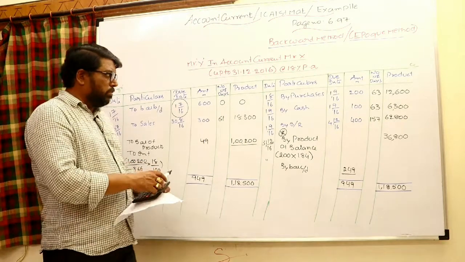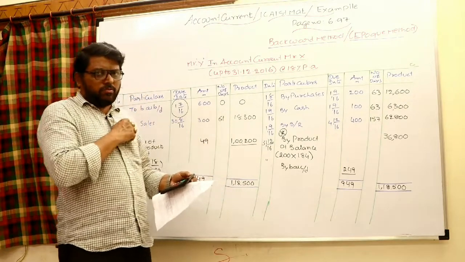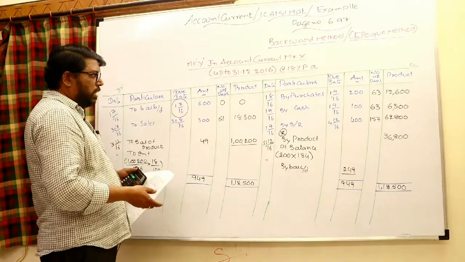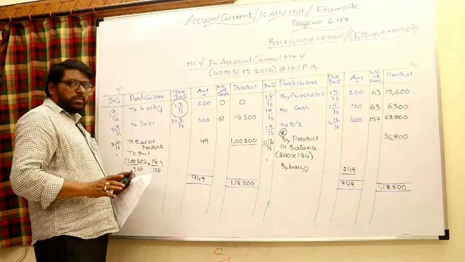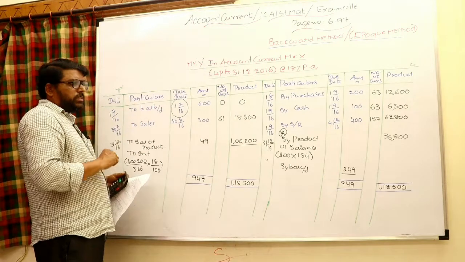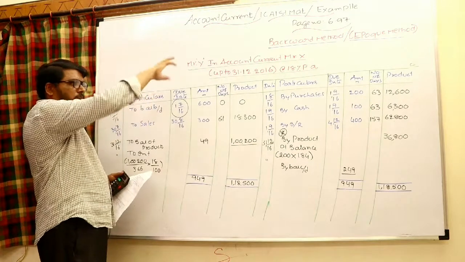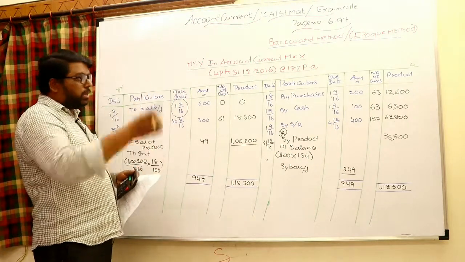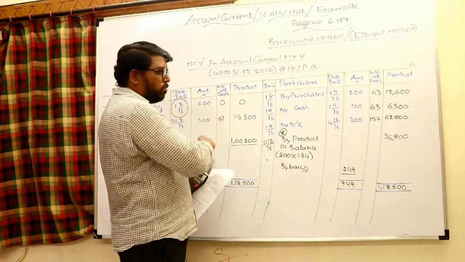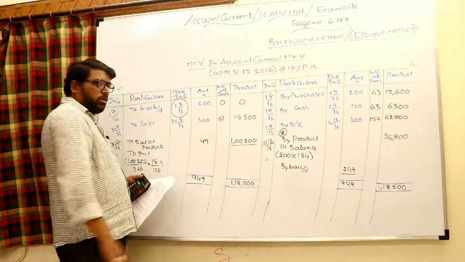Okay, so now this is the simple way to work this out. The forward method and the backward method are very much the same. Only in the backward method, the number of days is to be calculated from every due date to the opening balance due date. First point, because you are calculating up to the opening balance, that day also should be considered. Second point, at the end of the period, normally in the forward method, for the opening balance the total number of days is considered to calculate the product, and the closing balance would be 0. But here opening is 0, and for the closing balance amount you have to take the complete days as a product. That is the additional point. And go to the balance of product.